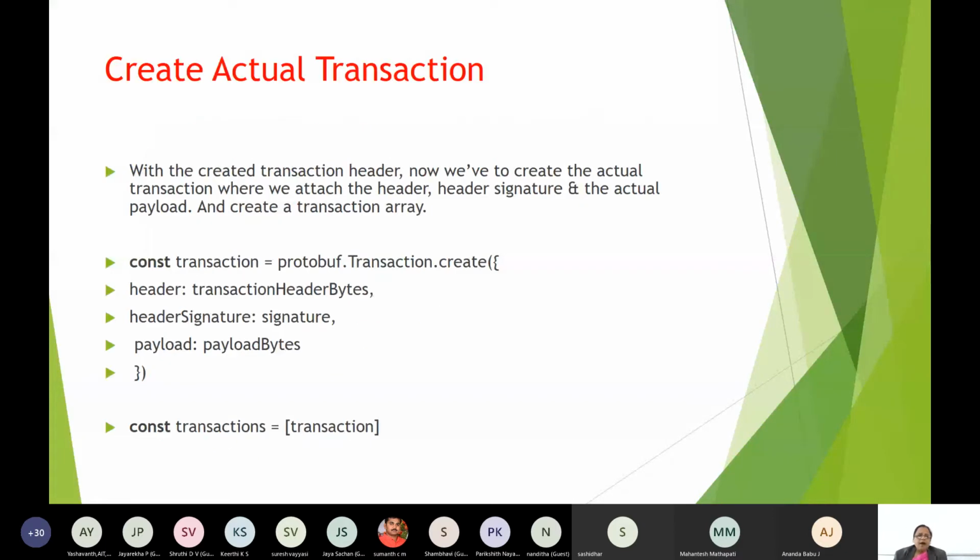Now, the actual transaction. We had figure 1, remember the layout of 2, 3. I'm speaking with regard to this one. That is the transaction, this was the batch and the batch header, and this is the transaction header. Now we need to create this one, so we have to append the transaction header, signature, and payload bytes.